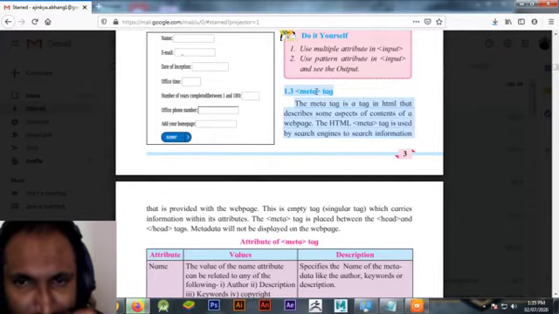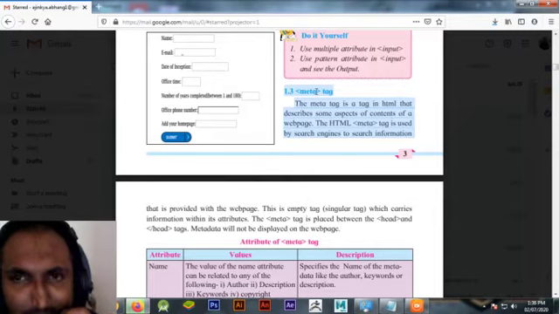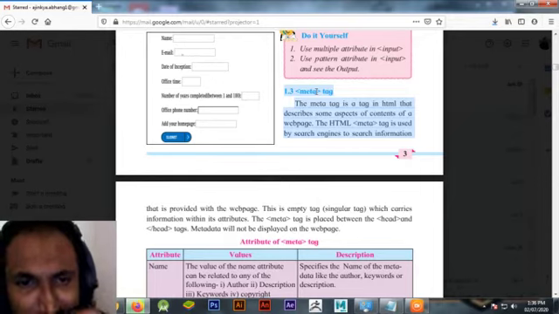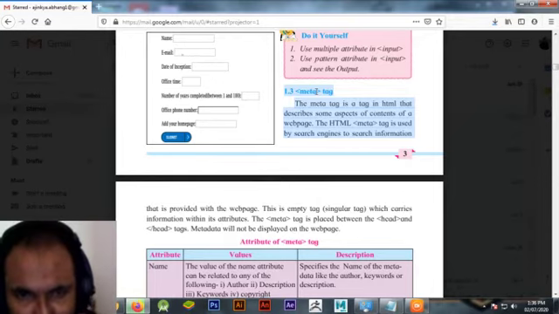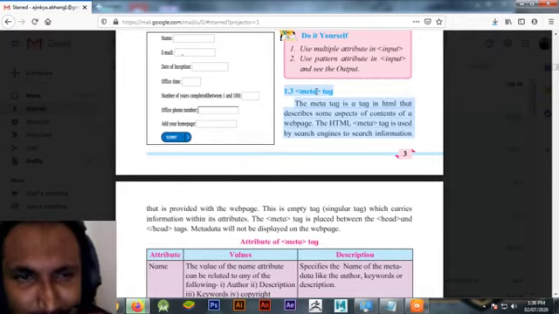But that information also has data. Suppose we have a document file that is of size 2 MB, then the size 2 MB is data about that file. That means it is metadata about that file.